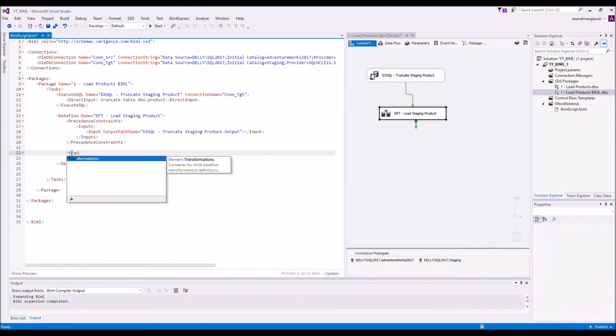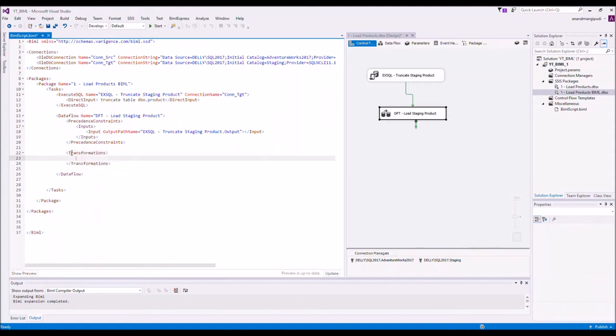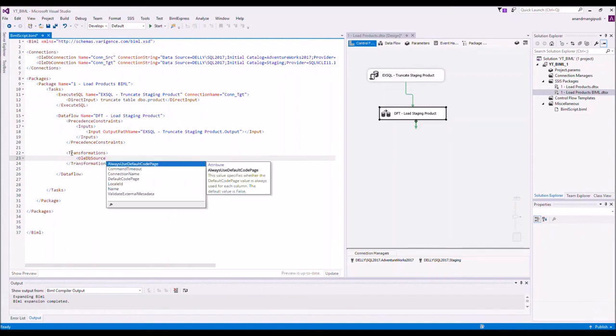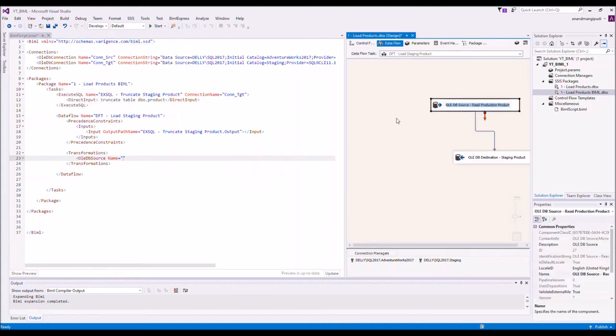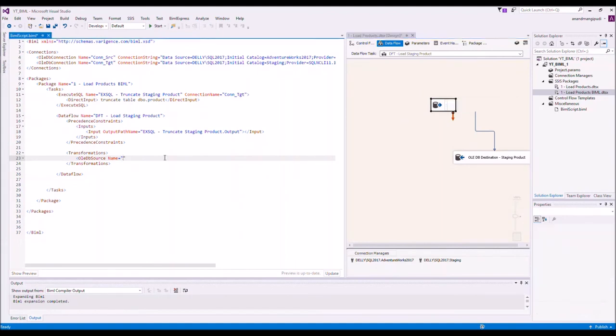So first we will add the transformations collection, and then we would add an OLEDB source element. Similar to the execute SQL task, we first give the OLEDB source a name to read from the production product table. So we could reuse the same name,